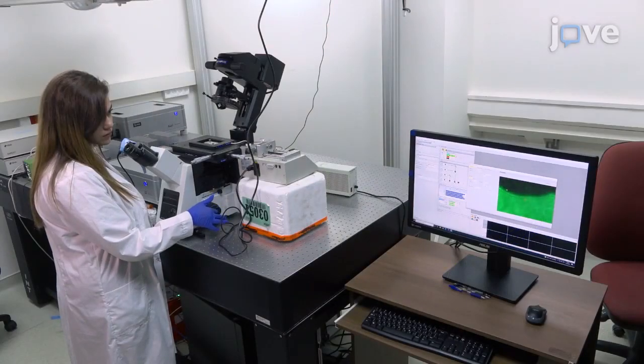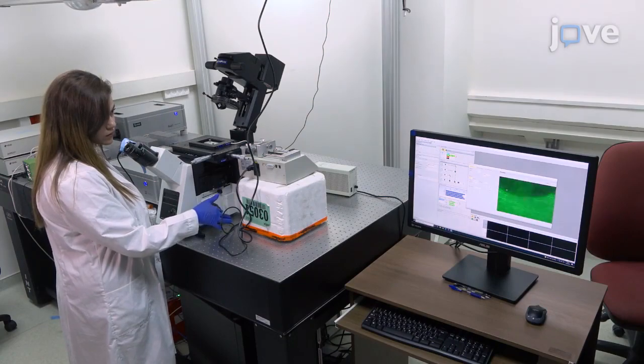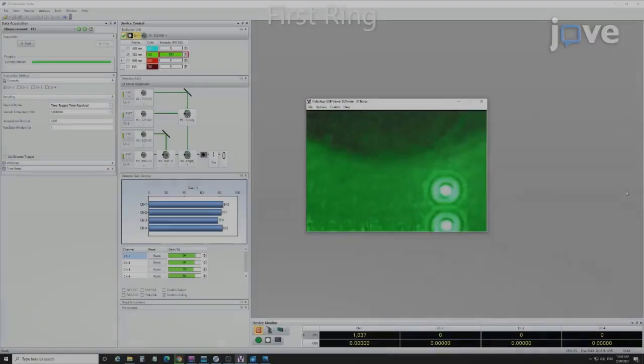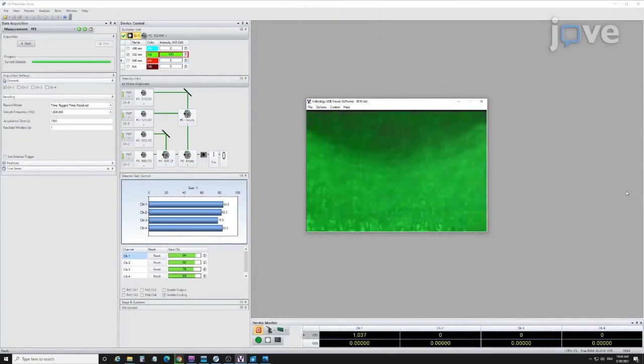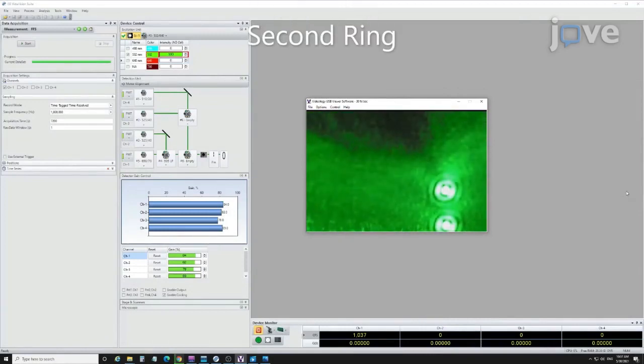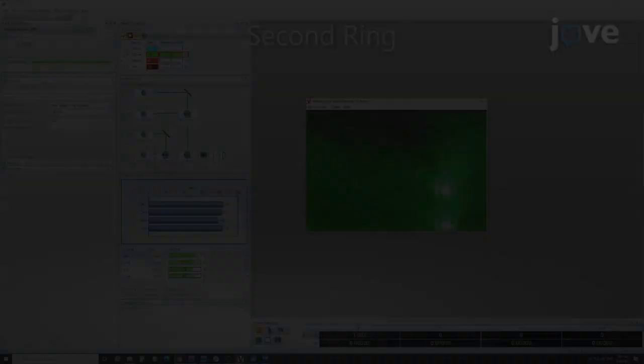When the objective lens moves upward, inspect the pattern of the airy rings on a CCD camera. The first ring represents the focus at the water glass interface, and the second ring represents the focus at the interface between the glass and the sample solution. Increase